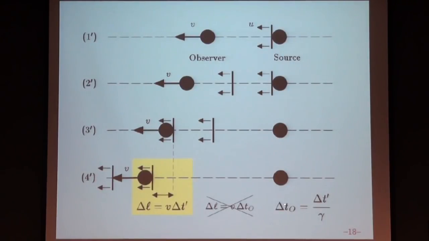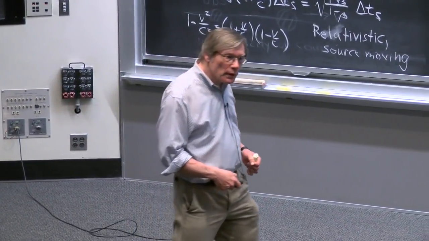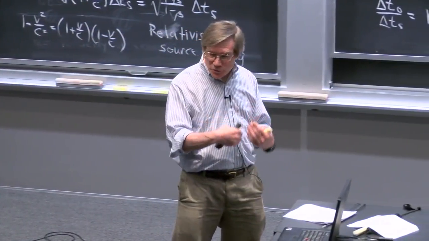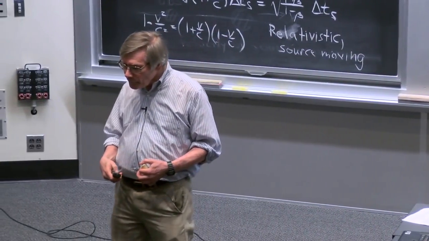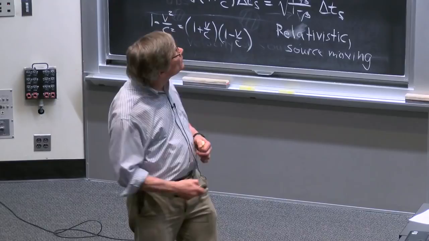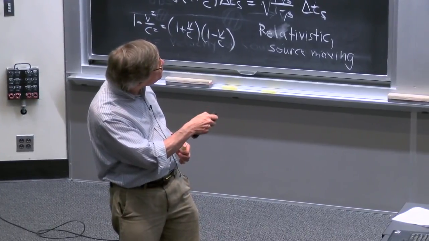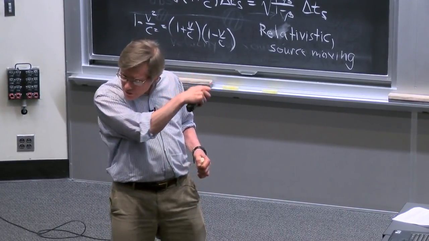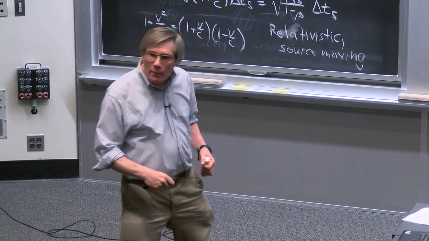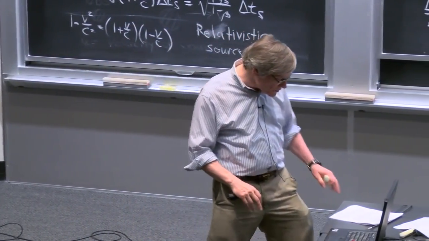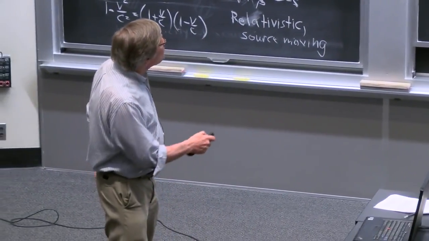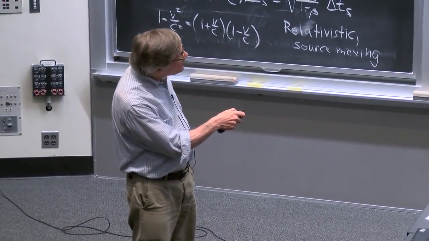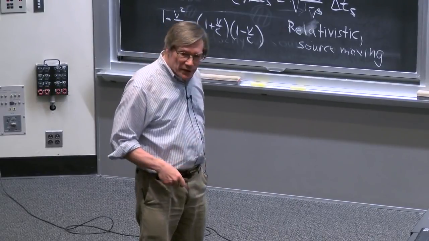And it's related to the time as the observer would measure it by a factor of gamma, because relative to us, the observer's clock is running slowly by a factor of gamma. We're stationary relative to the source, because the source is stationary, but we're the frame of reference of the slide. That's the way I like to think of it. But it is the same frame of reference as the source. That's right. So delta t sub 0 is related to delta t prime by a factor of gamma.